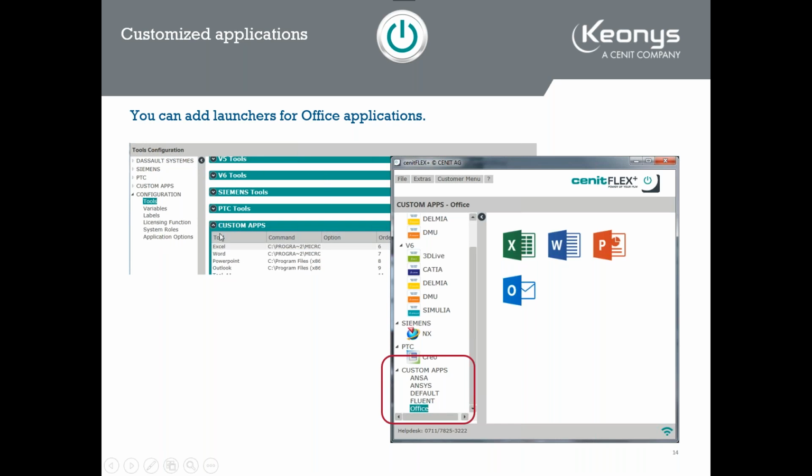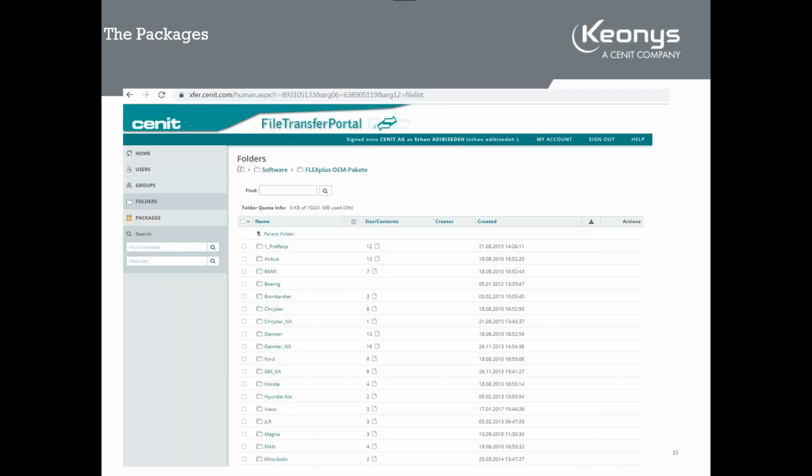All right, that was just a very quick recap on the menus that you can have with this application starter, which is way smoother in order to be able to manage all your categories of products. But note that Cenit support cares, so that in the back end at Cenit, they improve and create OEM complete and adaptable packages